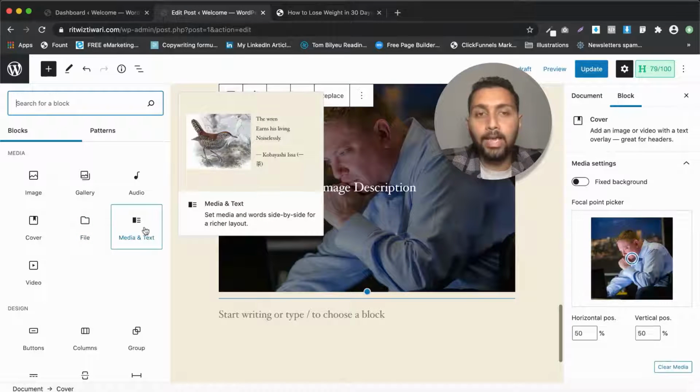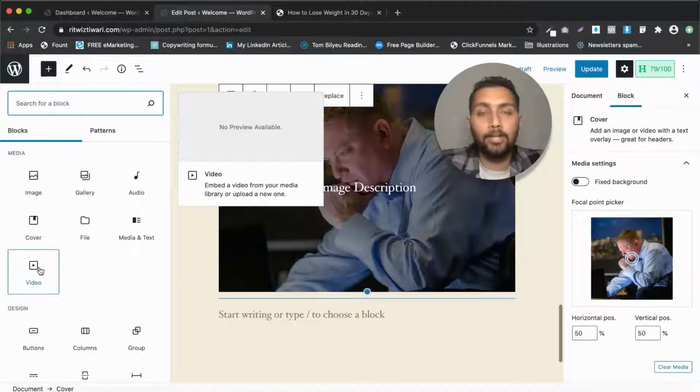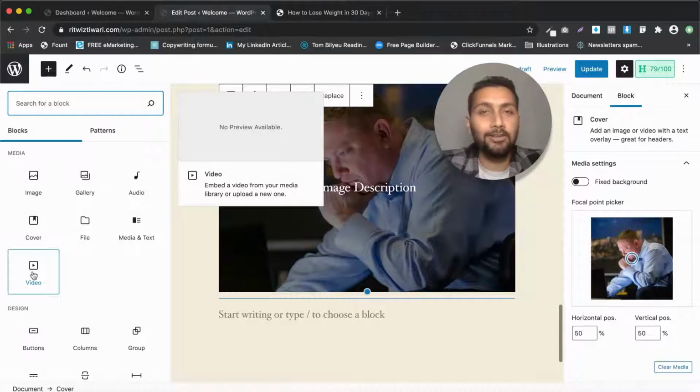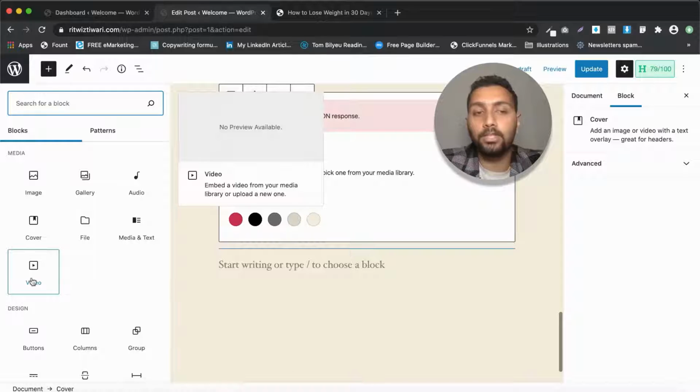Then there is a media and text block, the image on the left and the text on the right, and there can be some other settings available as well. You can use that. I am not going to show you all the blocks obviously, because then it's going to be very long. You can try them out, and based on your requirement you can explore them, because I don't want to just give you everything. You have to go ahead and practice as well. All right, I am here to explain everything, but I cannot show you everything. You can see here that all the information is already available when you hover on these, so you can see what all information is present.